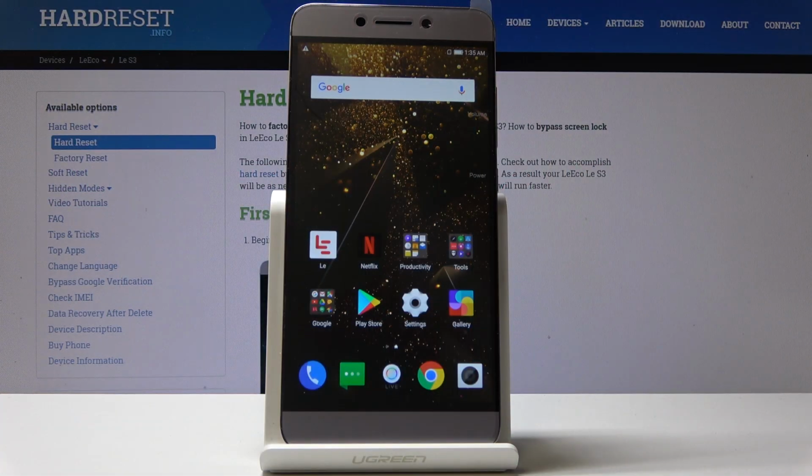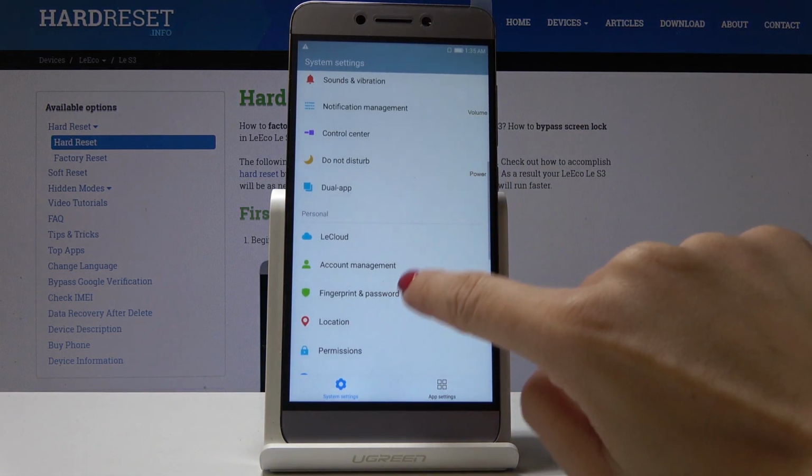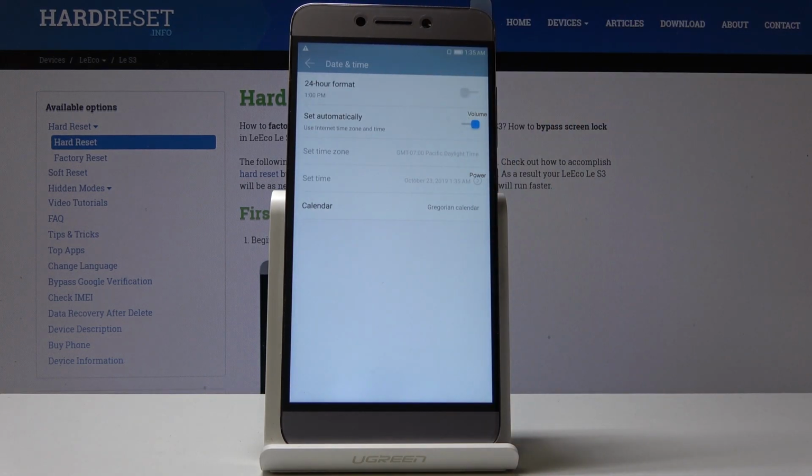Here I've got LeEco Le S3 and let me show you how to change date and time on the following device. So at first, let's open the settings, then scroll down, find and select date and time, and here you can either have an automatic date and time or you can switch it off by tapping on this tab, and then you can pick time zone